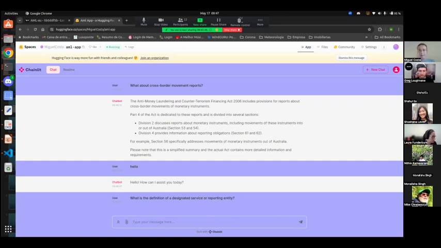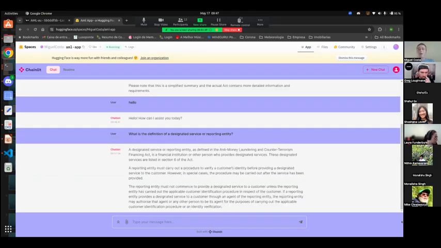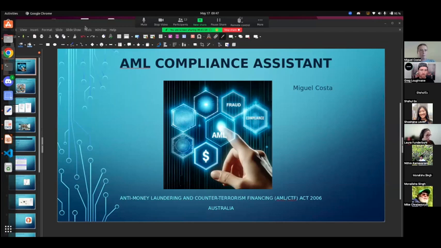Probably it's taking a little bit of time. Okay, so the idea is to always search for the thing in the document. I will explain this in just a moment. So after the demo,